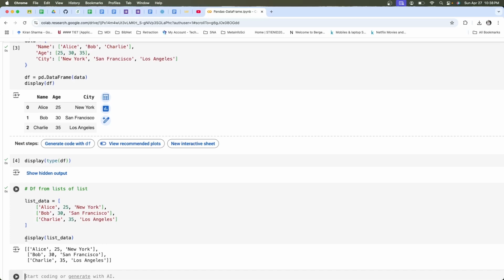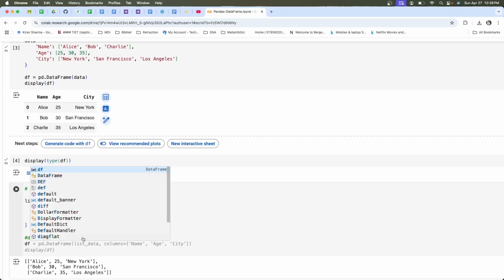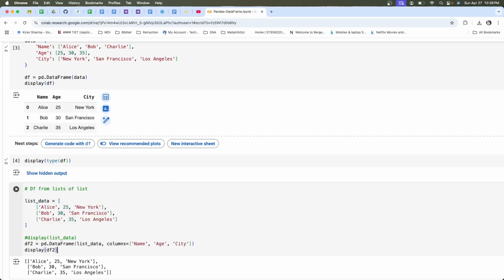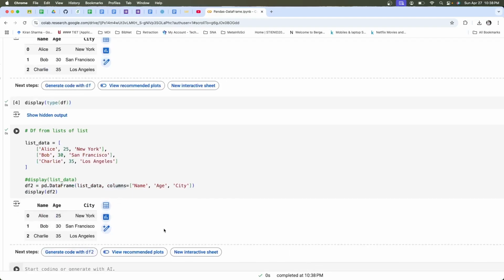Let me comment it, and I want to convert it into a DataFrame. Otherwise by default it will give anonymous column names, so you can specifically name everything. The first will become name, the second will become age, the third will become city. So you see the data is coming in a very nice format.